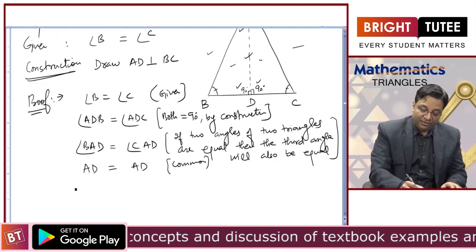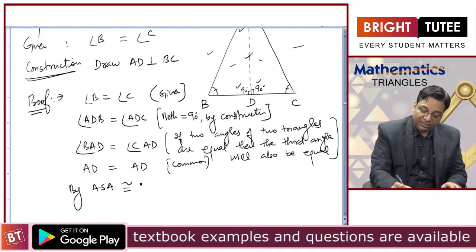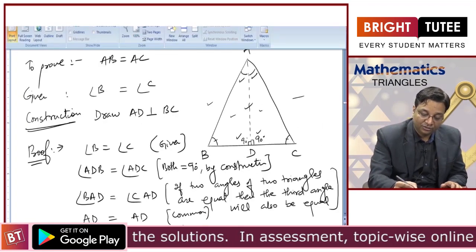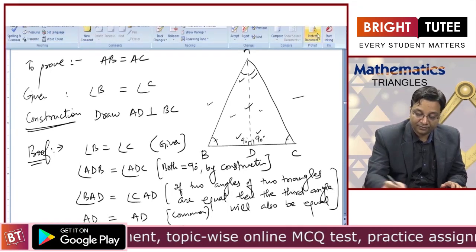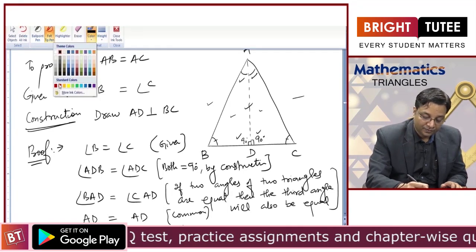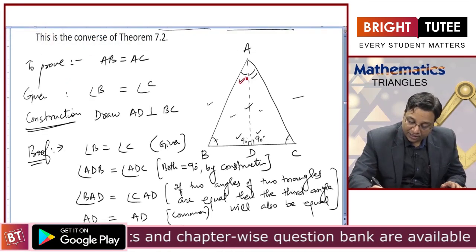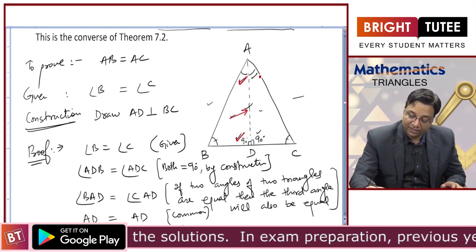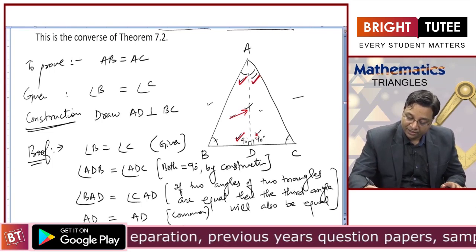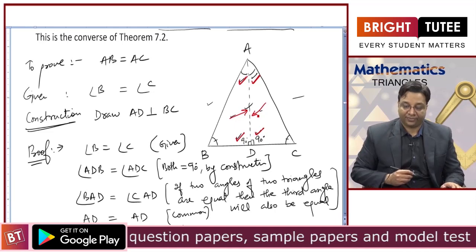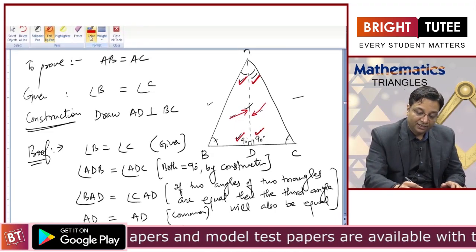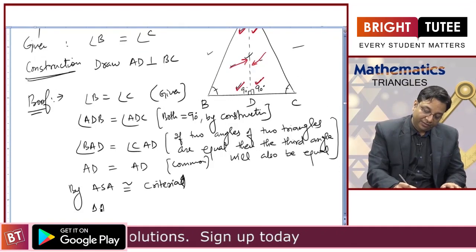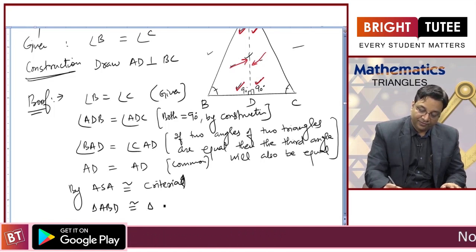So, what can I say? By angle side angle congruency criteria, which angle? I have shown you, let me show you once again. In this triangle I am talking about this angle here, this angle and this side, and in this triangle ADC I am talking about this angle and this side AD. So, by angle side angle congruency criteria I can say these two triangles, which two triangles? Triangle ABD is congruent to triangle ACD,